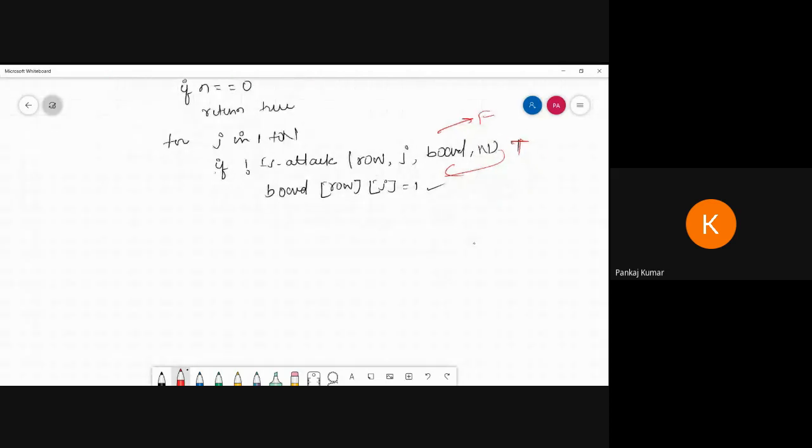Again I'm writing for J in 1 to n, that is the number of queens, and I'm writing if nQueen with row plus 1, I have to increase this row, and n minus 1, and n and board as it is, no problem. Then return true,